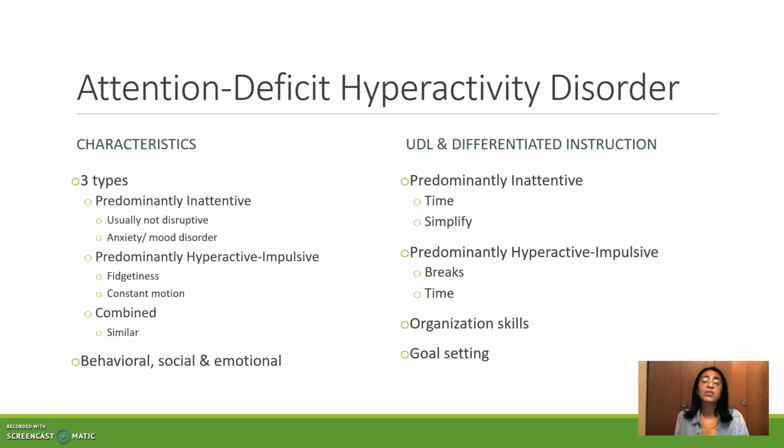And they also have behavior and social and emotional disorders. And to help with that, we can use time. Time is important. We have to make sure we give students enough time to transition from one activity into the next, and also enough time to complete their homework or classwork during class for both predominantly inattentive and hyperactive impulsive students. And simplifying homework or classwork and focusing on the topic or the main idea of what is trying to be taught. Giving hyperactive impulsive students enough time to go get a break and go walk, deliver things,